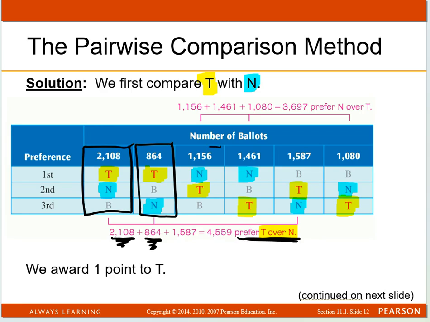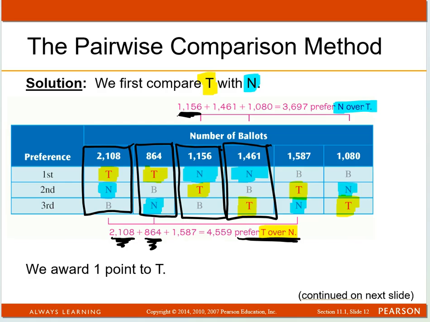But when you get to this column, now on this one, you've got 1,156 people, they prefer nachos over tacos, right? Because right here, I've got nachos as the first choice. And that 1,156 is right here. And then you go to the next one, same thing here. Blue is above the yellow, right? Blue is number one choice. They would pick that before they would pick tacos. And so that